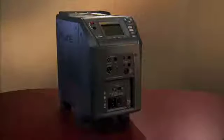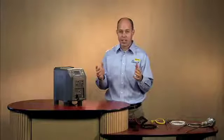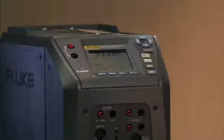When using a temperature heat source, the thing you're going to do the most often is set the temperature. We've made setting the temperature on the field metrology well very easy to do. We have a dedicated set temperature point button which allows you to simply press the button and set the temperature. Just to give you a demonstration of how easy that is to do, let's go ahead and set the temperature